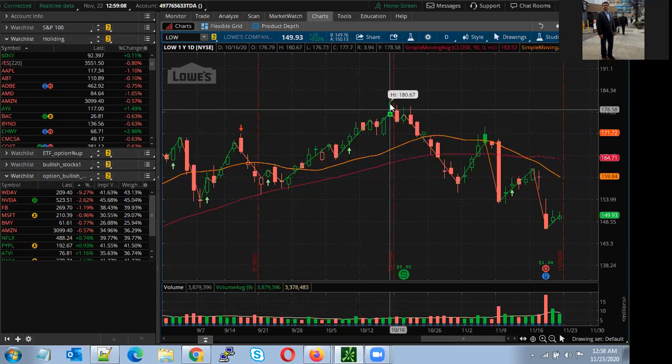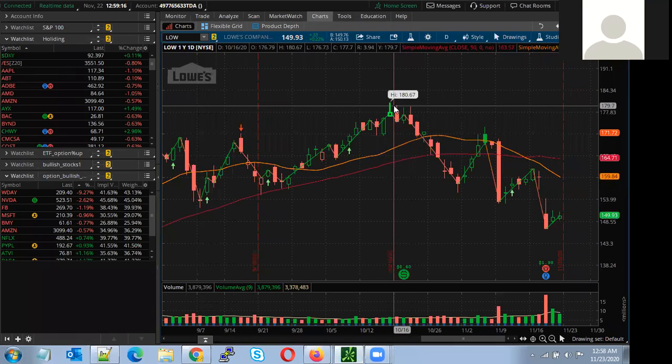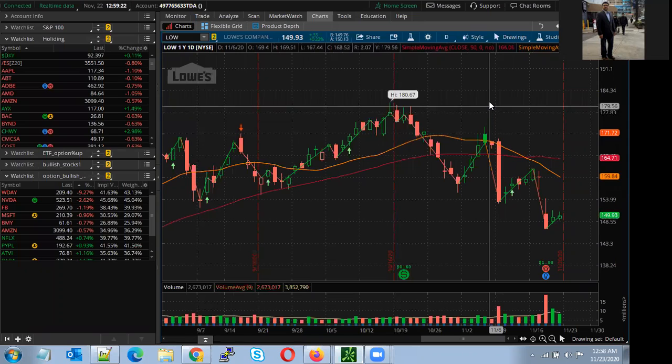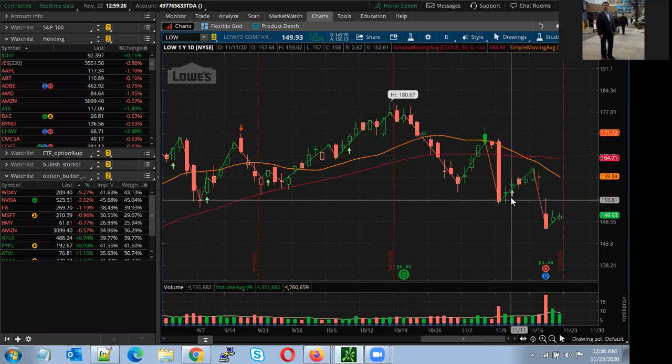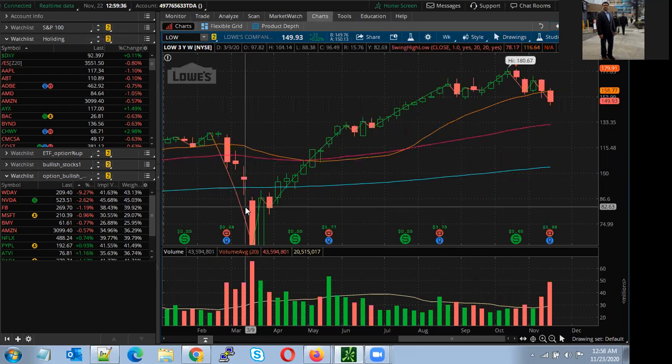Here more sellers are coming. You're still not losing hope, but what happened next? Lower high. The stock is not able to break above and starts giving you lower highs. This is telling something. We know that COVID vaccine is coming in, and the stock ran up too much. If you go to the weekly chart, you see